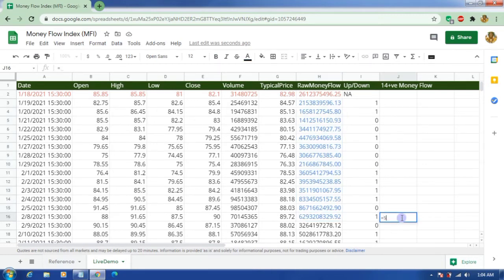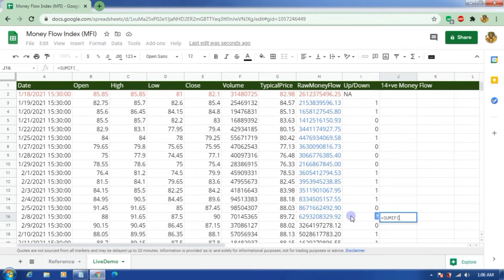For that I will use the SUMIF function. You want to sum up these money flows, but based on some condition. What is that condition? Wherever this up or down column is 1, only consider those rows. So here I will use the SUMIF function.